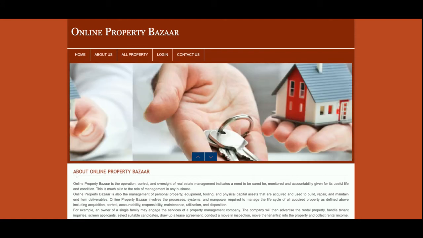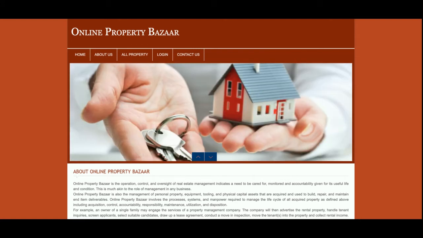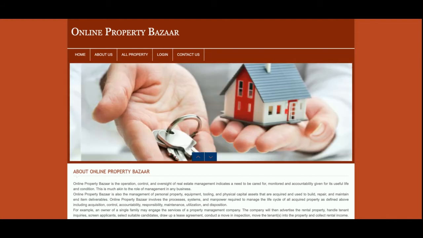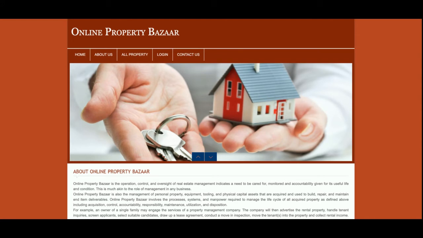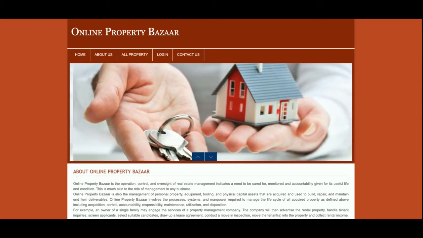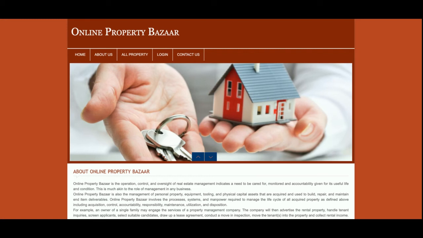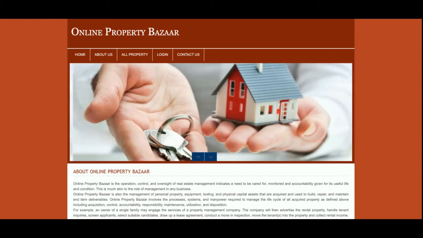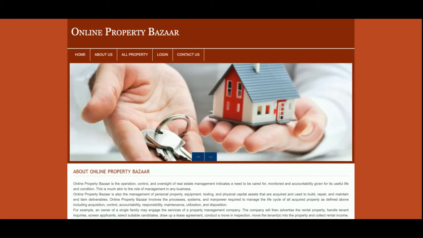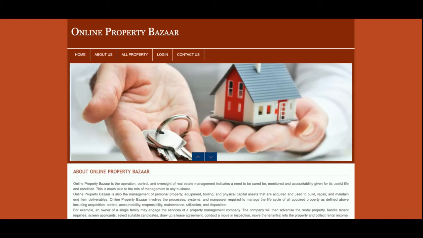This is a web-based project. For front-end development, I have used HTML, CSS, and JavaScript. Some jQuery libraries have also been used, like form validations and creating sliders. As you are seeing, there is a slider running on the home page, and we have used date calendar plugins and form validations. We have used the jQuery plugins. So these are all the technology stacks we have used for developing this project. Let's start with the functionality walkthrough.